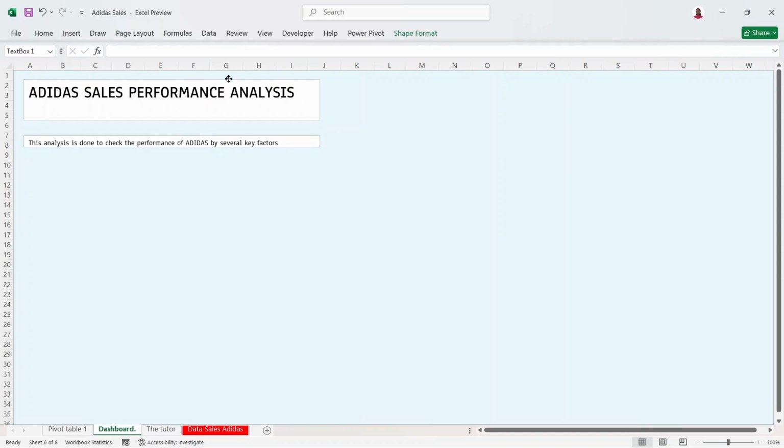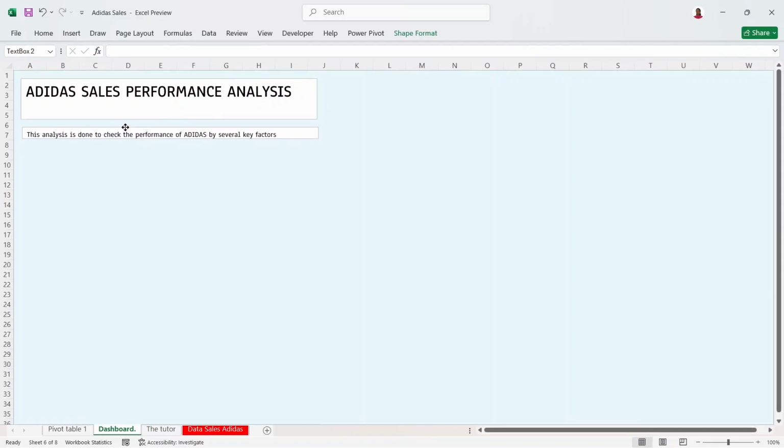Still drag it up a little bit. We just want to have a little bit of space between the main title and the wall. That is the border of this particular page. We don't want this title touching the headline. So you already have your Adidas sales performance and you have your subtitle, but we're not done with the formatting